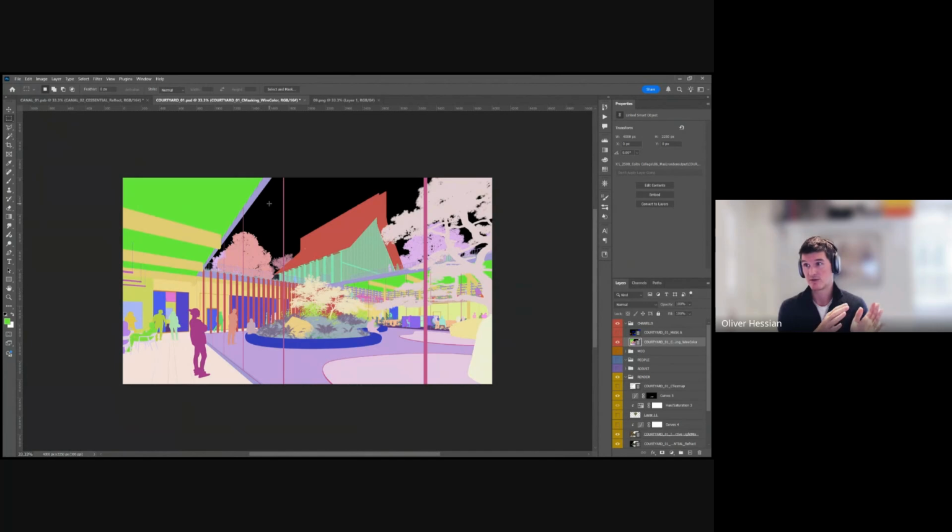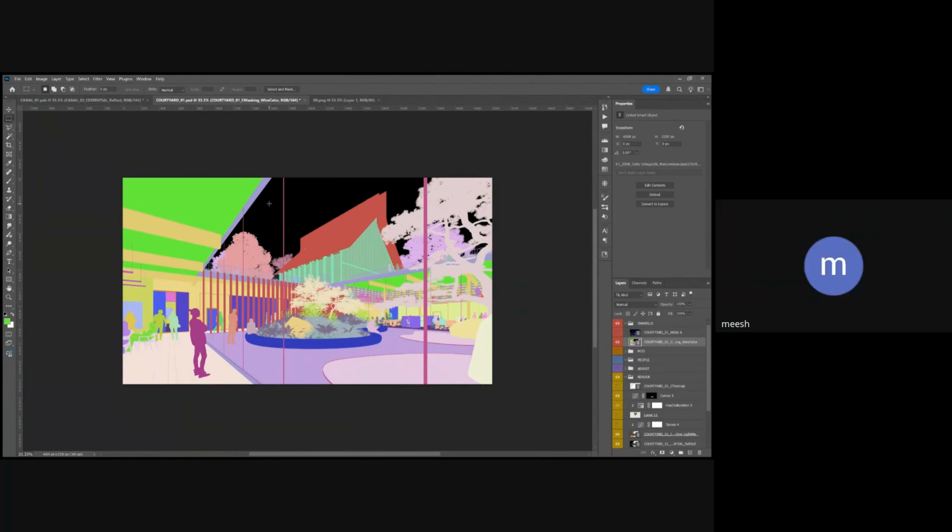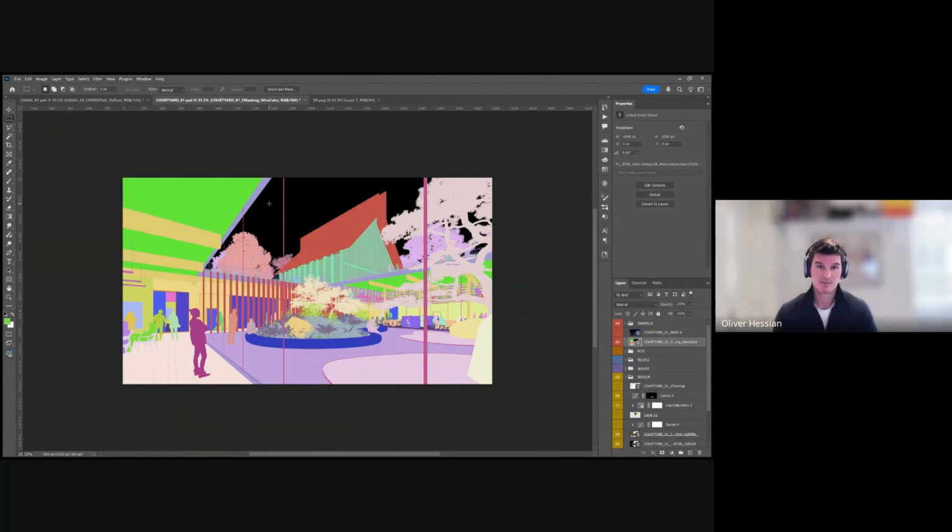But being aware of it, setting it up, and making it part of your process makes your life so much easier, because you do end up doing that cutting out within the scene manually. And if you're doing that kind of photo montage into line work, having a color-blocked version of that means you can be very specific about where you're applying your materials. And then using the masks makes that even easier, because